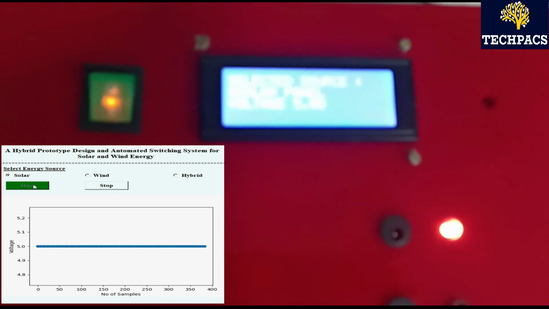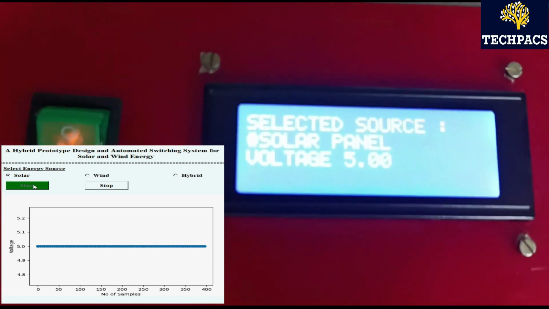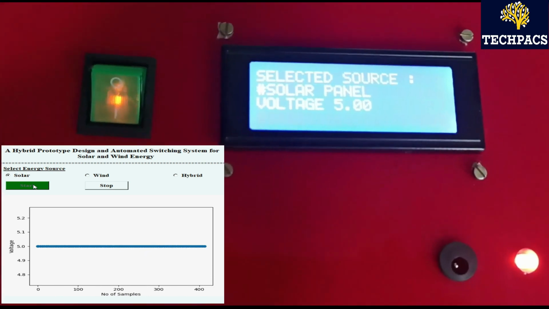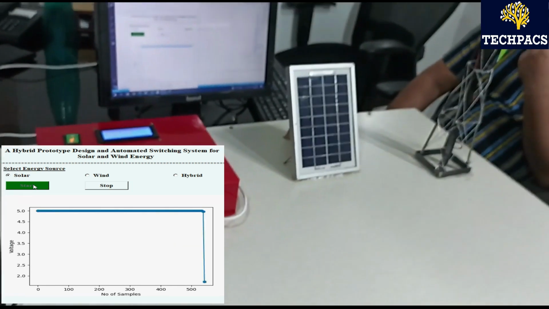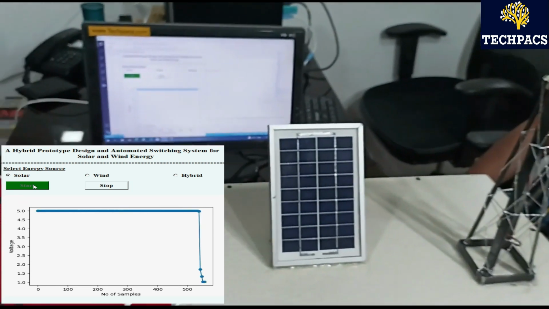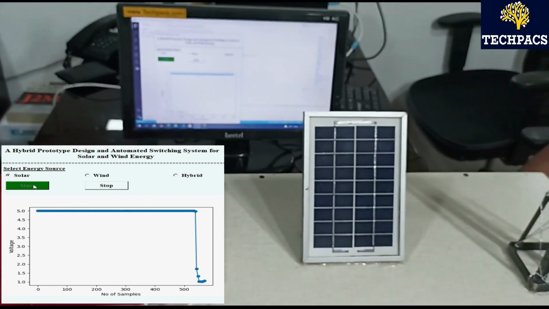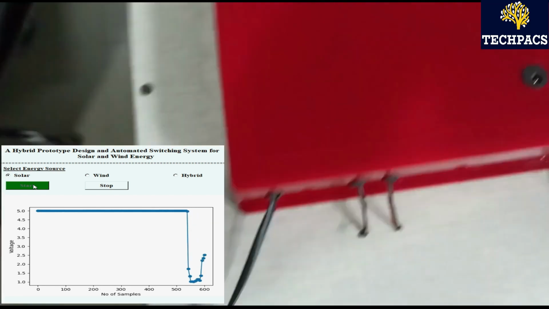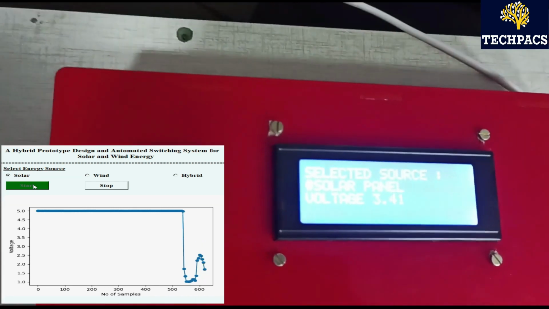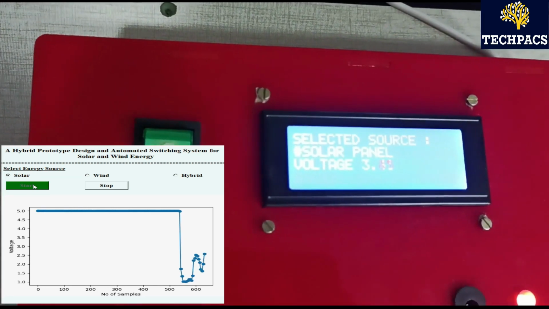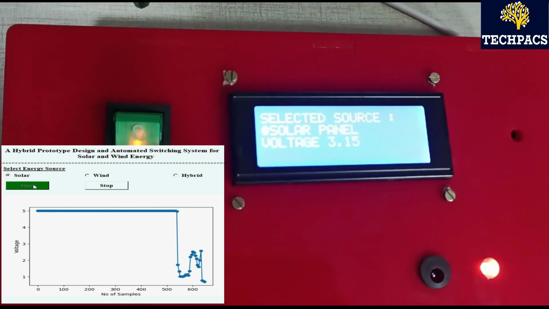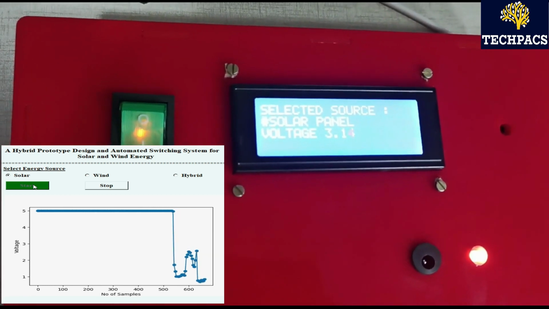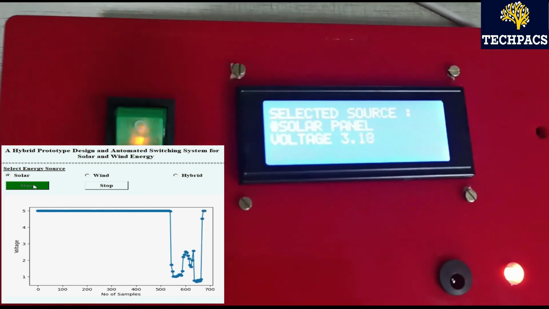This is constant because constant light is being supplied to the solar panel. If the solar panel is covered with hand or some other object, we will notice the change in the voltage. Now let's try the same. So here I'll cover the solar panel. You can see that the solar panel has been covered and instantly the graph fell. The plotting can be seen, its fluctuation.